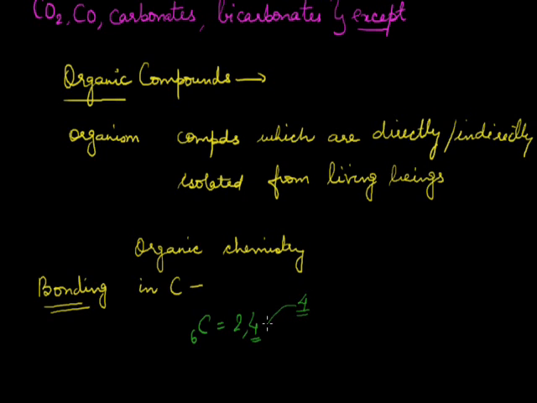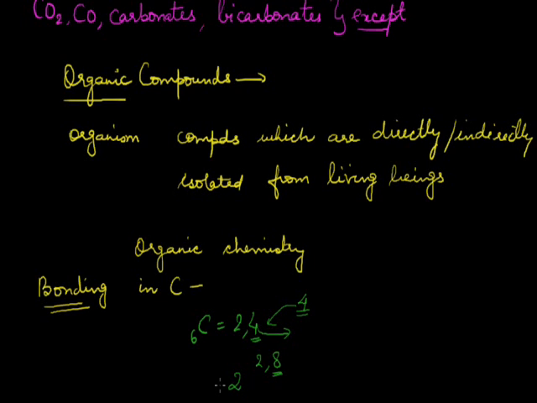Either it can gain 4 electrons, so its configuration becomes 2, 8 and its octet is complete. The other way is that it can lose these 4 valence electrons, and its configuration becomes 2. In this case again it acquires the configuration of helium, which is stable, and completes its